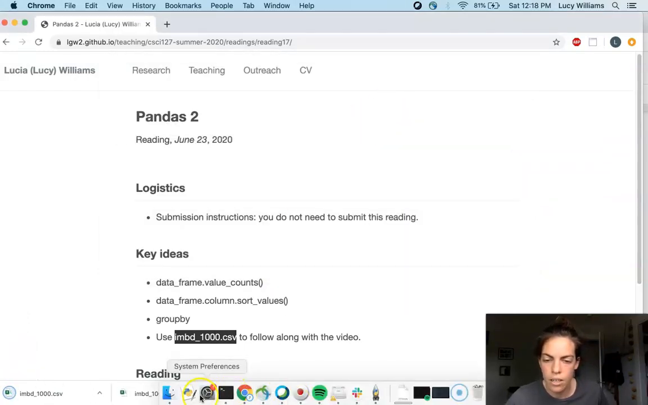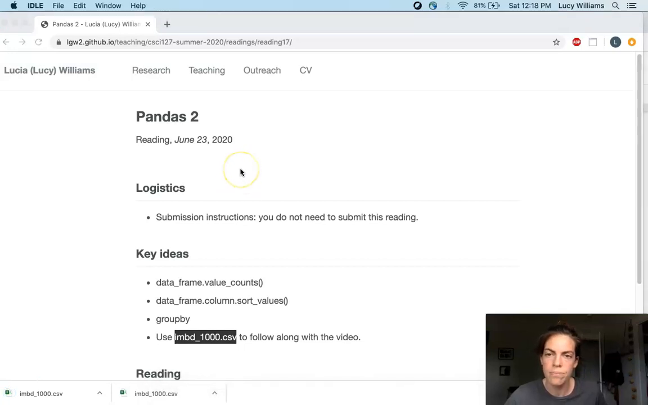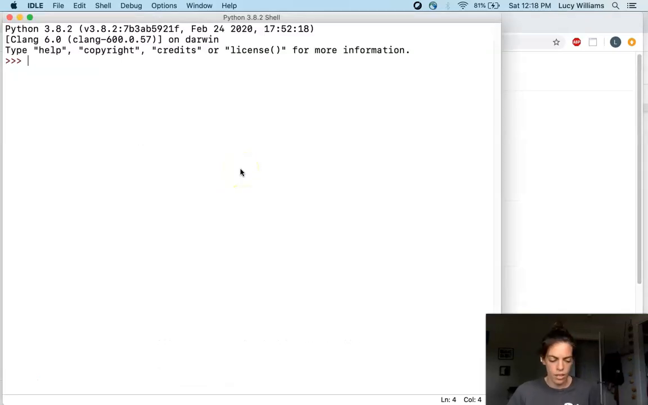And then I'll open up IDLE. And just like in the first Pandas video, I'm going to make sure that I can open that data file in the Python shell in order to use it interactively. So to do that, I'm going to import the Python package os, for operating system. Then I can call functions like